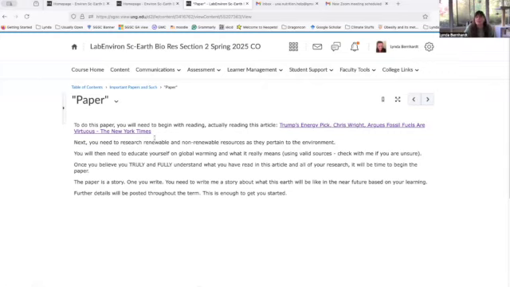So we already talked about researching renewable and non-renewable and about global warming. And then you're going to start writing. So the only things I added here was including stuff about the EPA. That's pretty much it. Since you're writing a story, there's no proper format. It's just a story. You do need actual paragraphs, though, because,